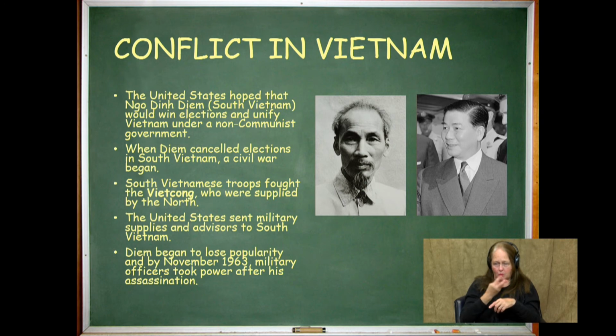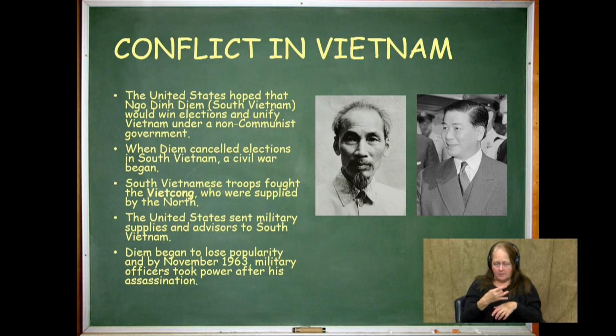So we have North Vietnam becoming a communist dictatorship under the leader Ho Chi Minh, and South Vietnam had a Western-style government led by Ngo Dinh Diem. And the United States threw their support behind South Vietnam. And what they were hoping is under this particular leadership, they could influence the whole country to become democratic. That didn't happen. And Diem, according to our text, was doing some things that the United States didn't necessarily like.